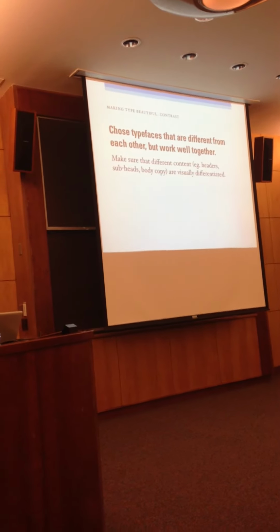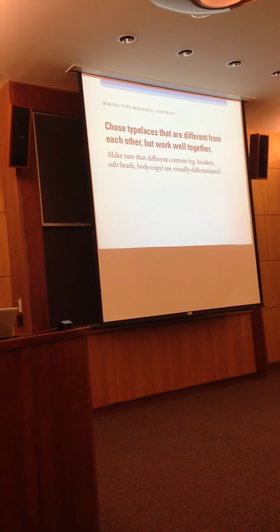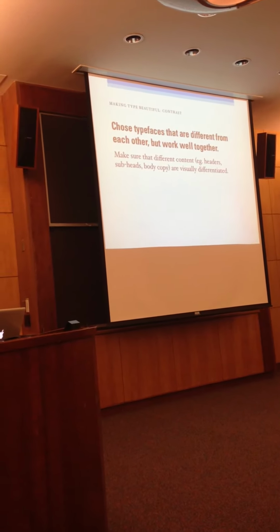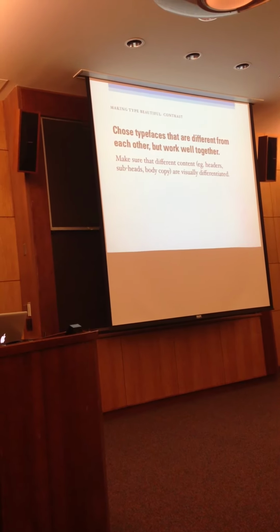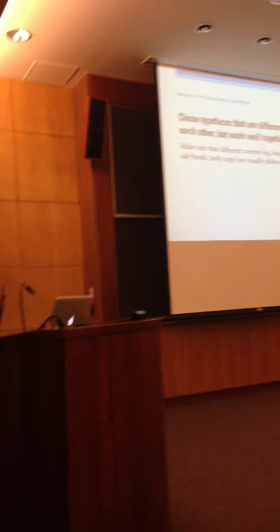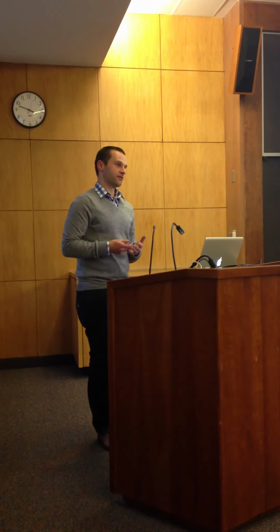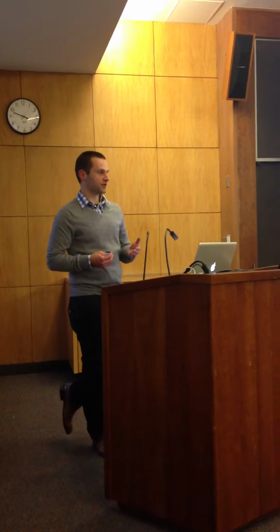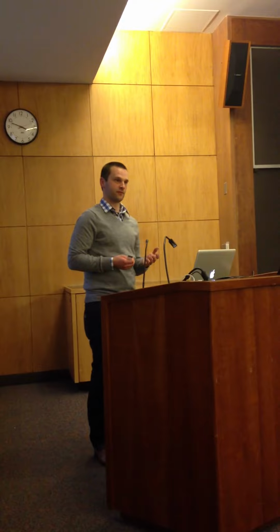When I'm talking about contrast in terms of typography, I'm really referring to whether the different parts of your content differentiate visually from each other. Do your headlines look different from your body content? And are you able to visually tell quickly and scan the content to see the headlines, to see the body, to see the notes? The tricky component of this is when things become too separate. So you want to have sort of a balance of content that,